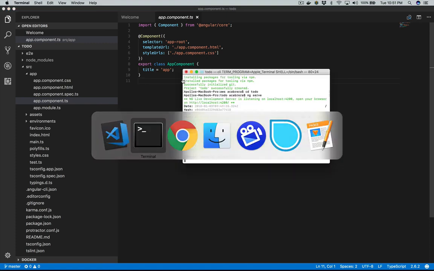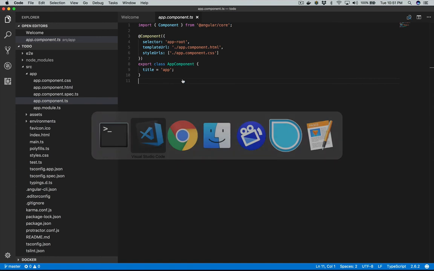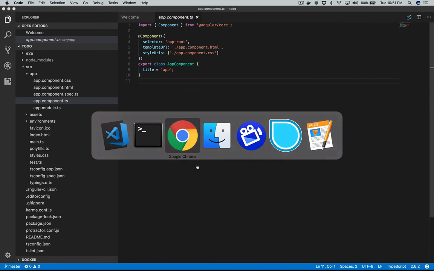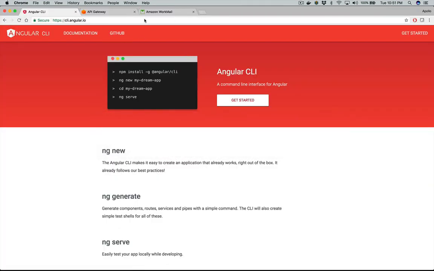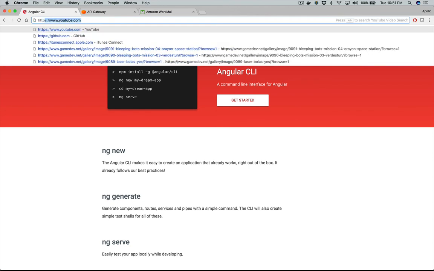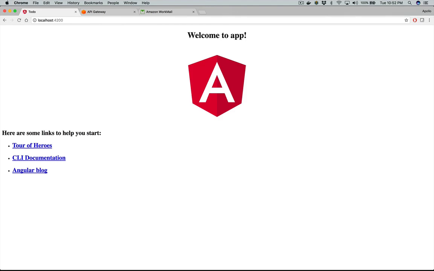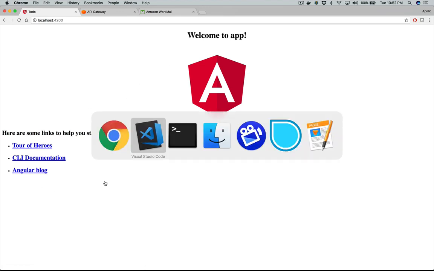All right, let's see what it created. I have to figure out what the port number is for getting to this. Let's see if I have some older localhost. I think it's 4200. So 4200 is the port number for our application. So this is the out-of-the-box thing that creates welcome to app, created some links,